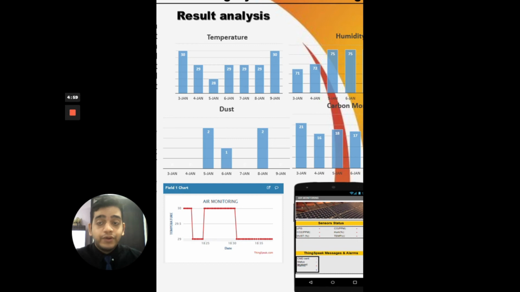Now, we are moving on to the result and analysis part. As we can see, there are 4 graphs shown in the poster. The first graph is the temperature graph. The reading was between 27 to 30 degrees Celsius. The recorded temperature of 30 degrees Celsius on the first day was taken in the afternoon and the weather is considered hot. On the 5th of January, the temperature dropped by 2 degrees Celsius due to the cold rainy weather in the morning. The temperature then stays at 29 degrees Celsius consistently for 3 days in normal weather.